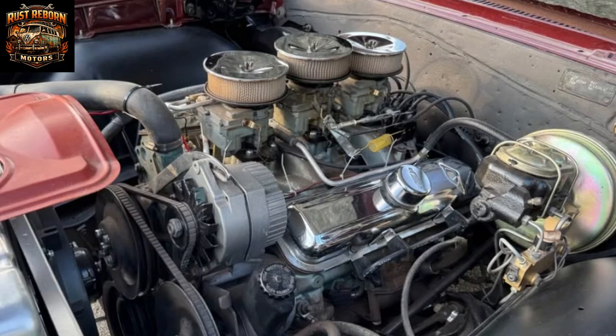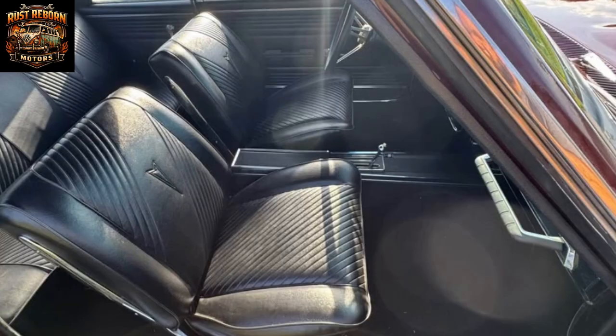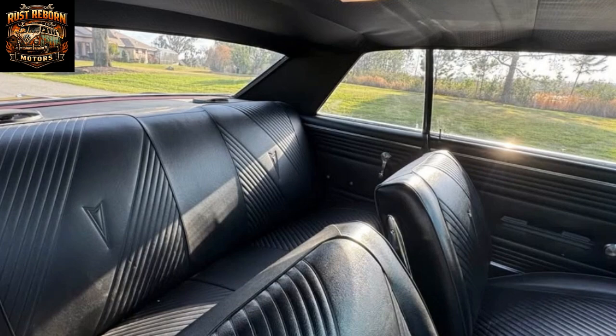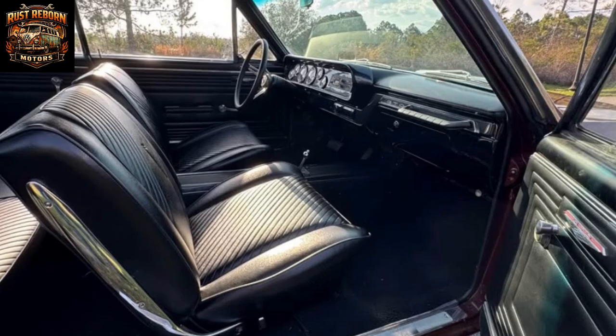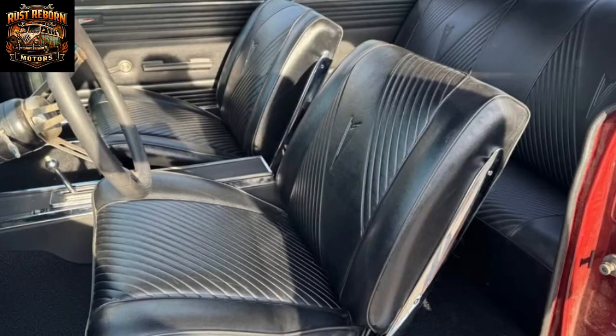Under the hood, this LeMans is powered by a 326 cubic inch V8 paired with an automatic transmission, offering smooth and dependable performance well suited for cruising and everyday driving. The drivetrain has been improved with electronic ignition, a new carburetor, and a new radiator, all of which contribute to easier starting, better drivability, and improved cooling. These upgrades make the car far more user-friendly than a completely stock setup, while still preserving the original Pontiac V8